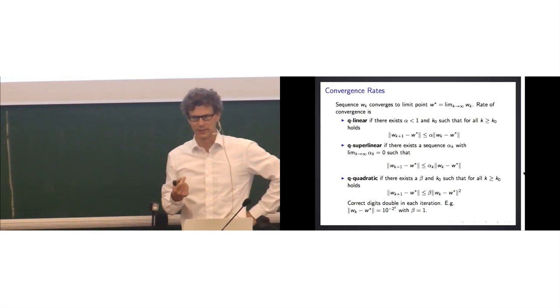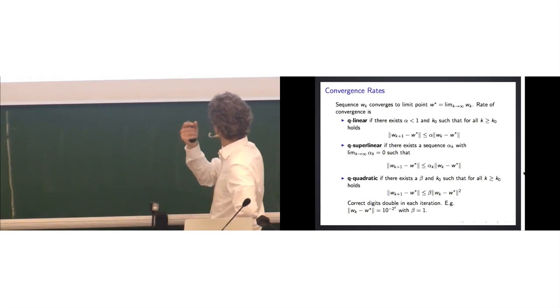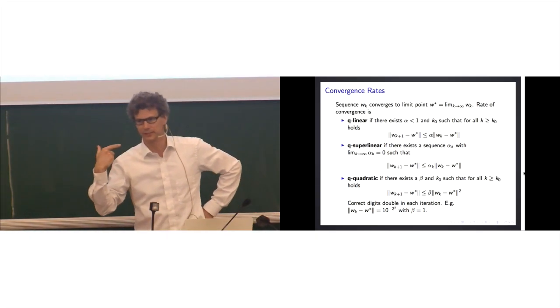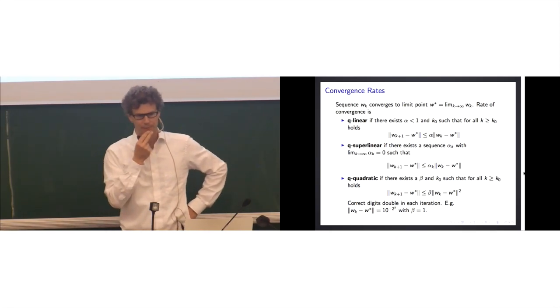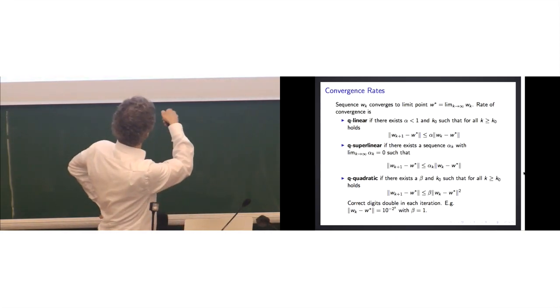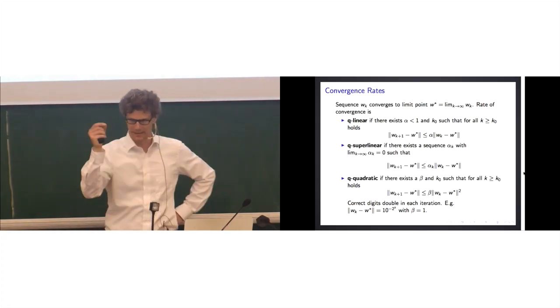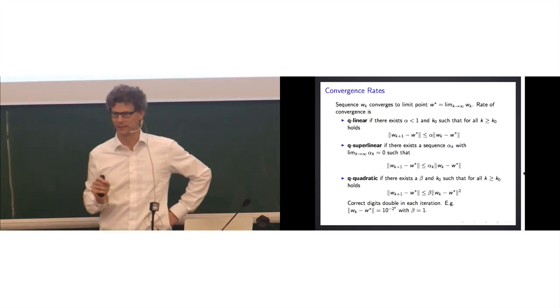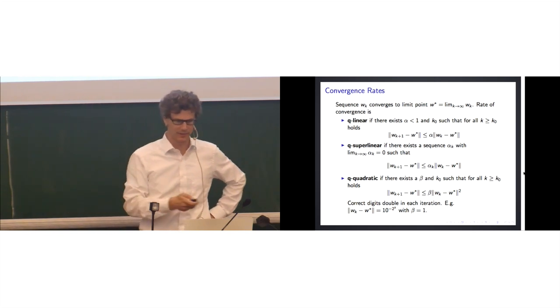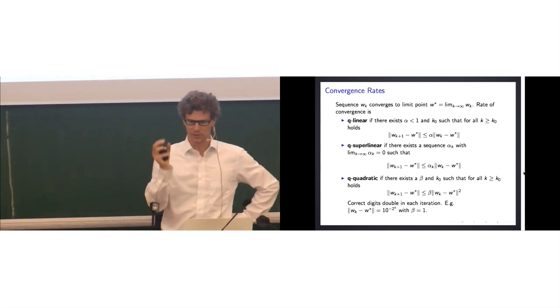And there should exist a beta and some iteration index k0, such that for all k which are bigger than this k0, you would have a contraction equation which says that your next iterate should be closer to the point than beta times the square of the distance of the previous point. And so this square is what makes the big difference here,